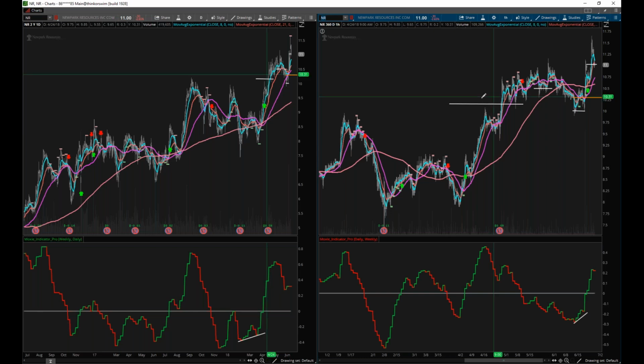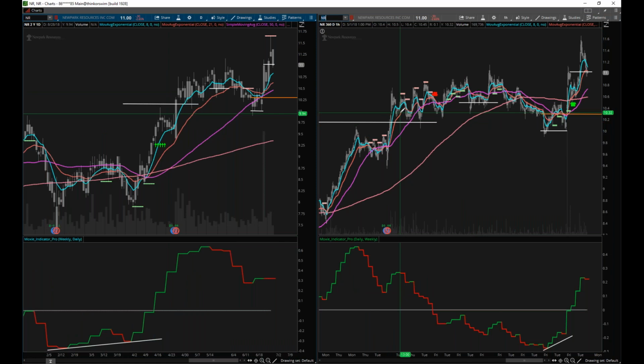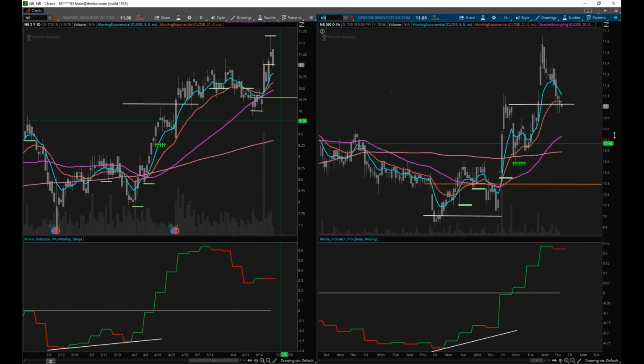Yeah, so look at this one. Same situation as I talked before. I look for a reason for price to move. Price came into the daily 50. So I look below to say, is this thing going to bounce off the 50, or is it going to fall through the 50? And if we look here, here's our double bottom, here's our divergence, and look at this. Here's our price trigger on the Moxie indicator. If I zoom in a little bit closer, you can see we had a huge price bump up.